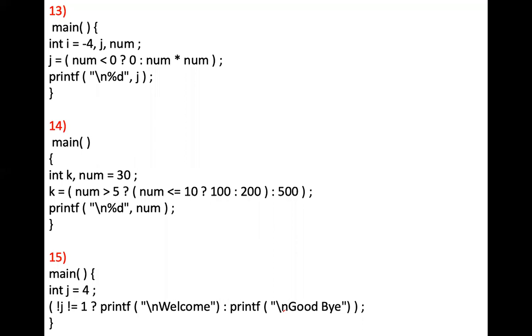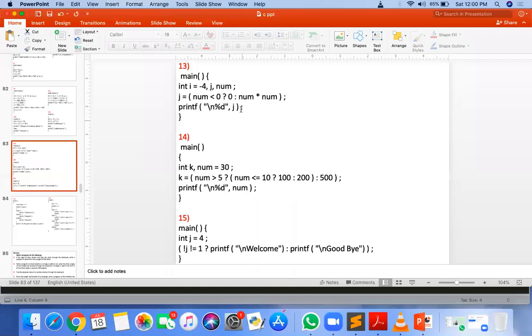Now remember, a negative value is also a non-zero value. Yes, sir. So now, what's the value of number?